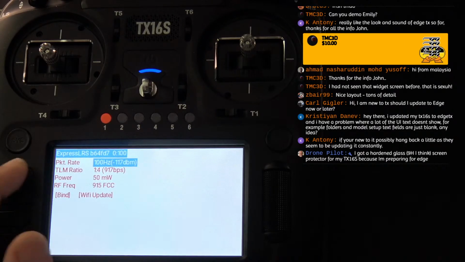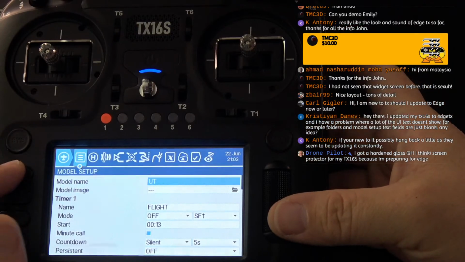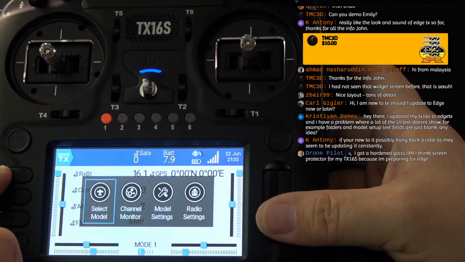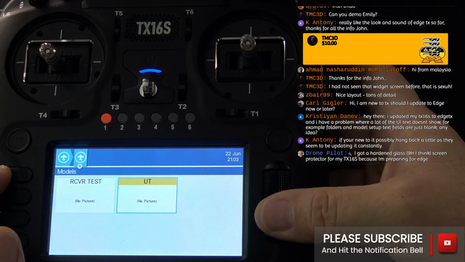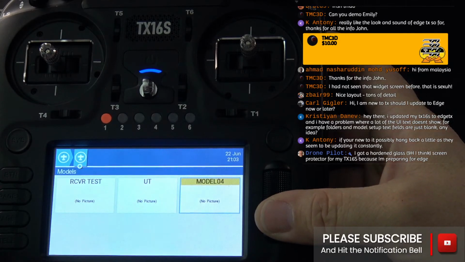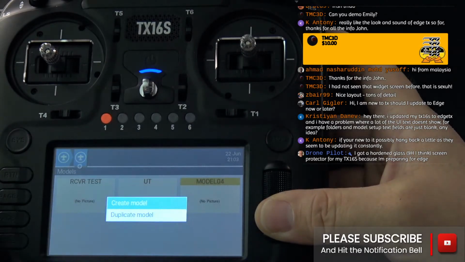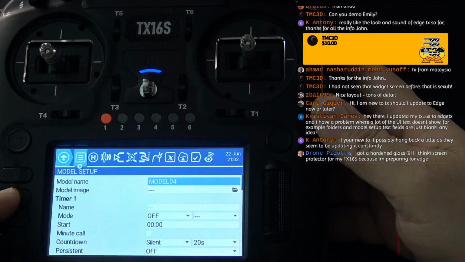Where's the model create GUI? You're asking maybe about the wizard. I really don't think there is a wizard yet, but let's try. If we go into model create, I'll do create model. There is no wizard launch. So all we did was we got an icon with model 4. And that's it. So we're in that model. There's model 4, and there you go.